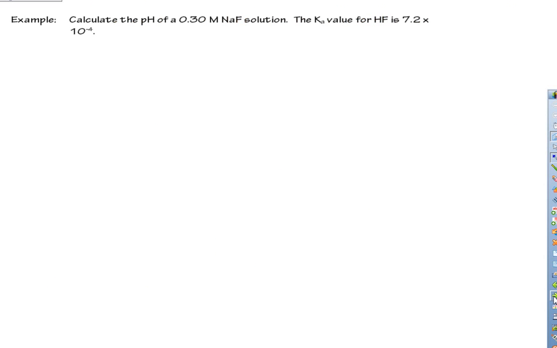Let's try one more. Let's make sure we got this down. Calculate the pH of a 0.3 molar sodium fluoride solution. The Ka value for hydrofluoric acid is 7.2 times 10 to the negative fourth. Again, very common. If I wasn't sure, now I know hydrofluoric is weak because that K value is small, 10